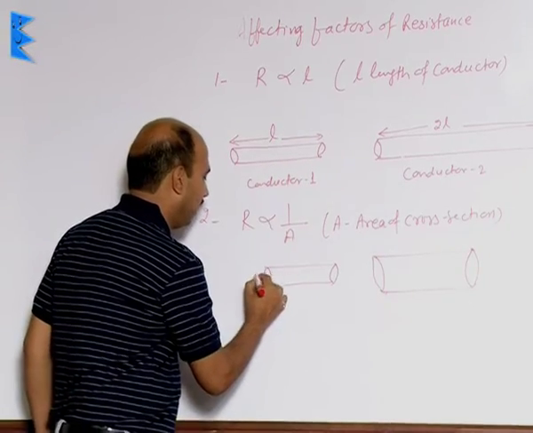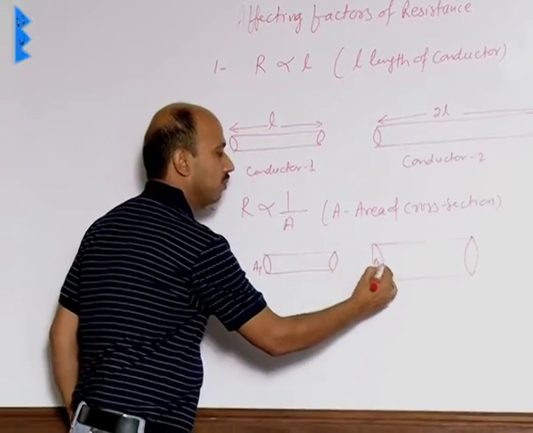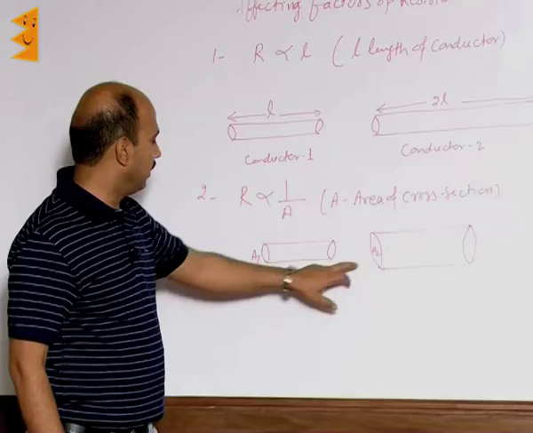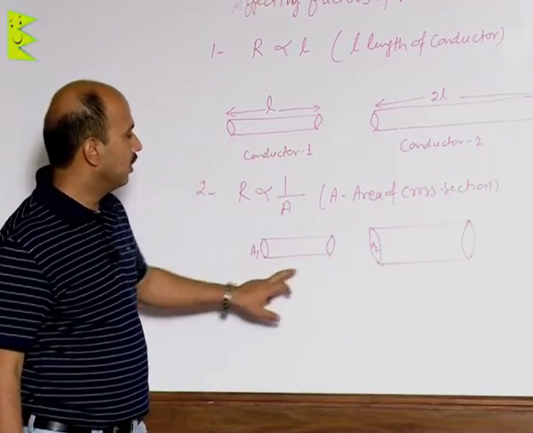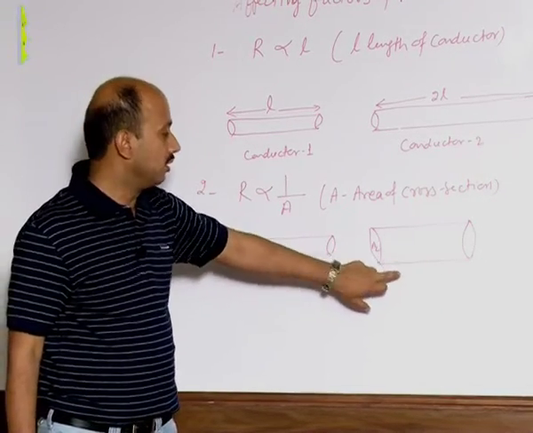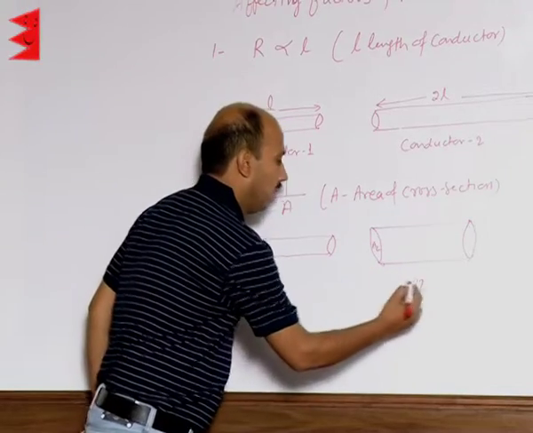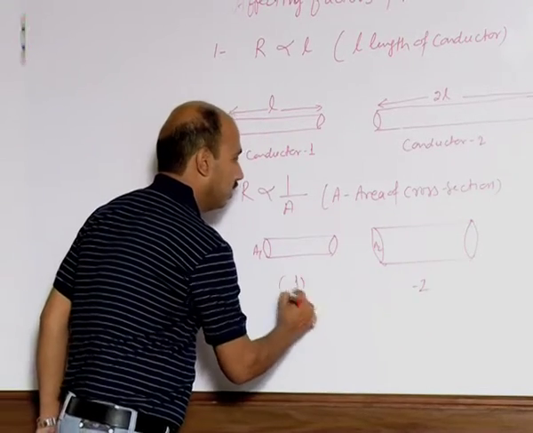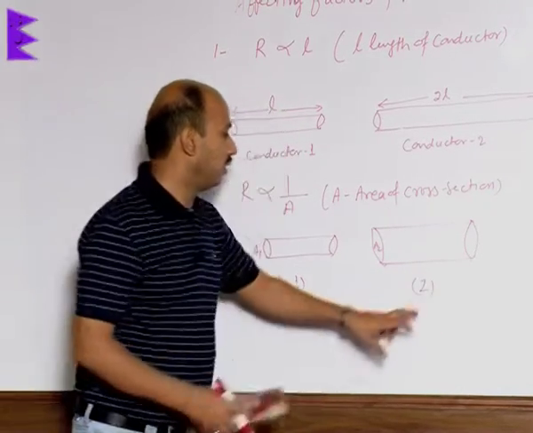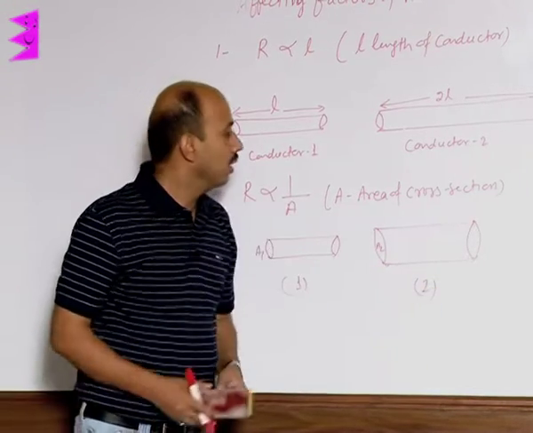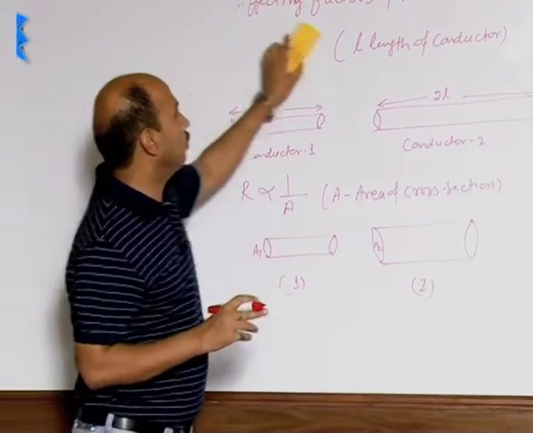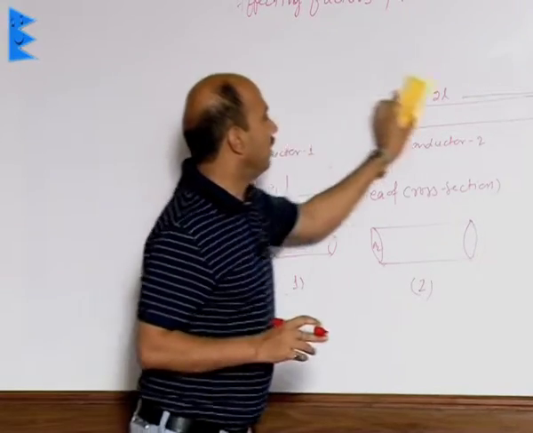See, this is A1 area of cross section, this is A2. A2 is greater than A1, both are of the same material having the same length, then we can say this is conductor 2 and this is conductor 1. So, conductor 2 offers less resistance because area of cross section is more. So, there is a third factor also. Third factor is,